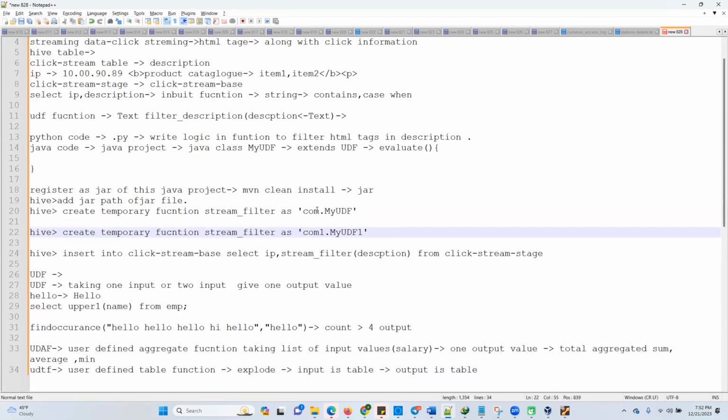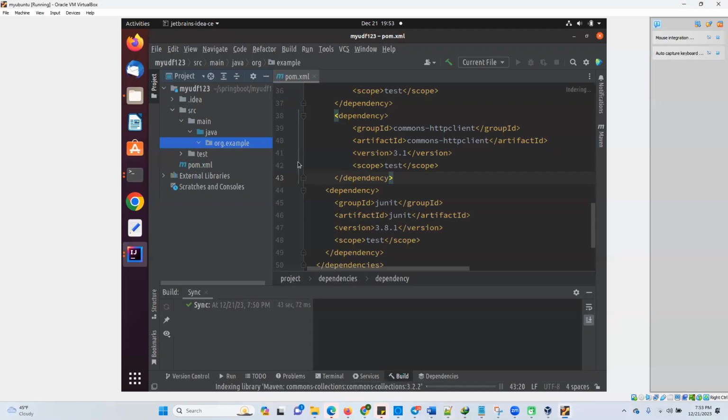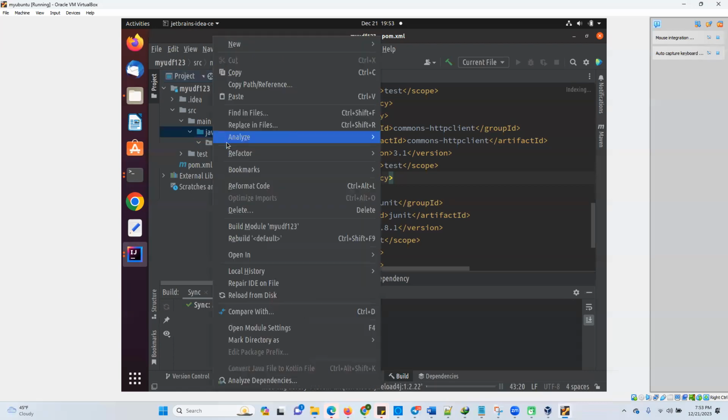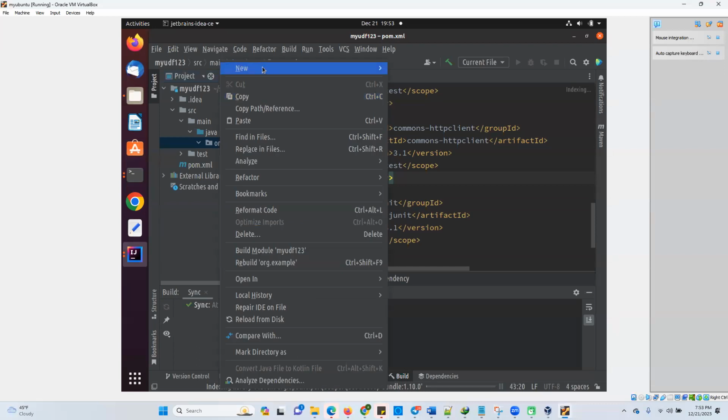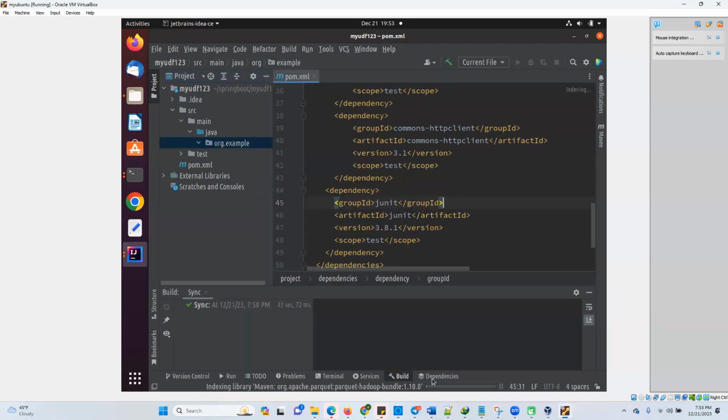But it should be changed from the very first package hierarchy. I will show you. If you try to keep the first level the same and make a change in the second level, it will give a problem. Like this org.example is there. Suppose I have a first UDF and I rename it, I refactor, still it's not doing it. So if I change this one